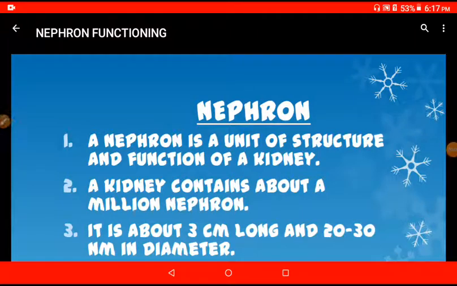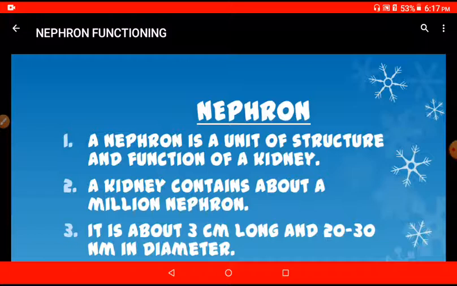In the last class we discussed the second lesson, excretion, and the classification of animals on the basis of excretory products: ammonotelic, ureotelic and uricotelic. Ammonotelic animals excrete ammonia, uricotelic animals excrete uric acid, and ureotelic animals excrete urea. We have already discussed this one, and we will move on to the next topic, that is the structure and